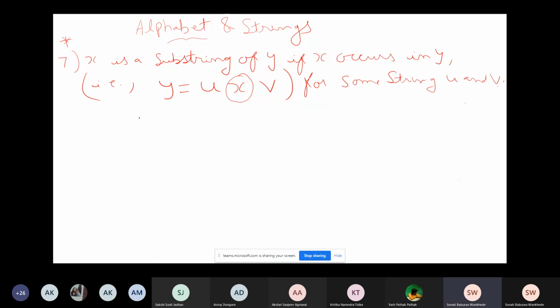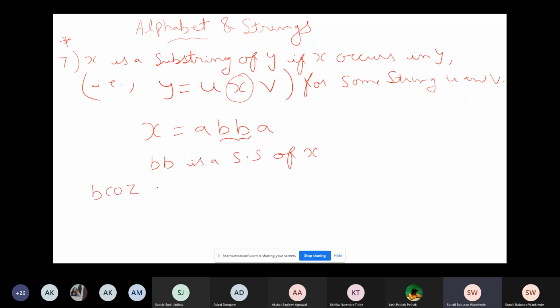Now consider an example. X is equal to ABBA. Yes, guys, this example is given to you. Now what is a substring of X here? We can say that BB is a substring of X. Why is that so? Because